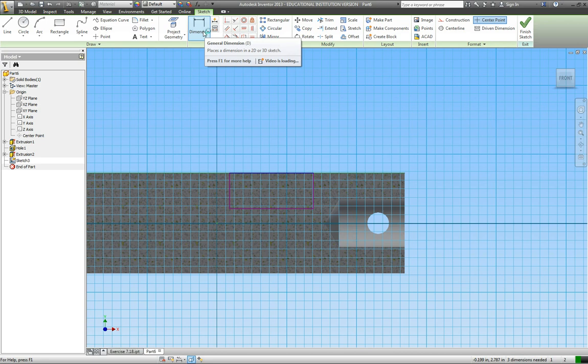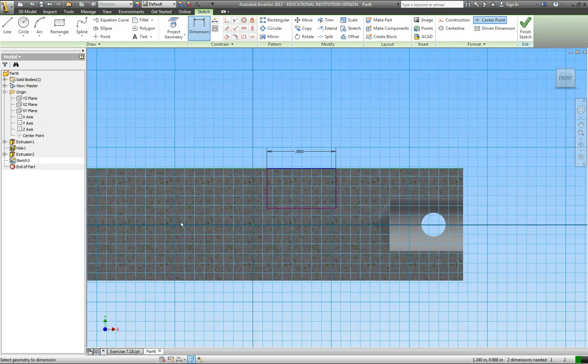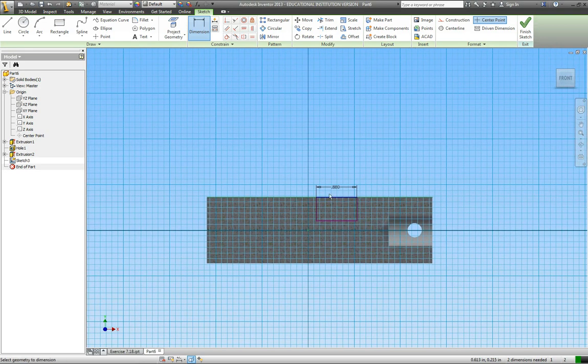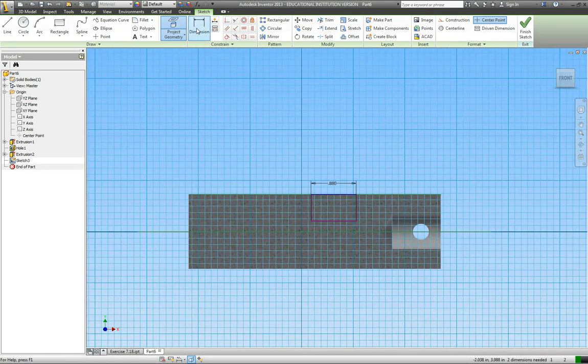So this will be 0.88 in that direction. And then the depth is actually measured off the center point, okay, or the center axis that runs through the object. So let's do this. Let's use project geometry again and click on the x-axis, and you can see the x-axis runs through the object. So I'll just click on the x-axis, and the only reason I'm doing that is so I'll have something to dimension from. So now I can click general dimension,